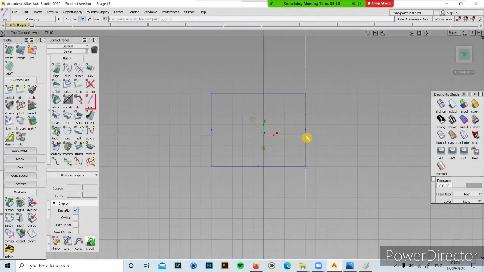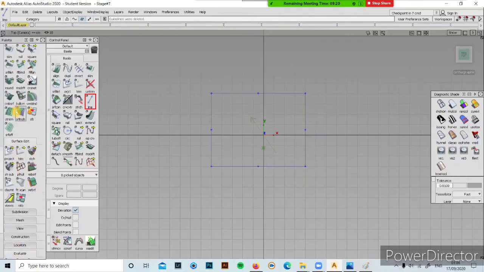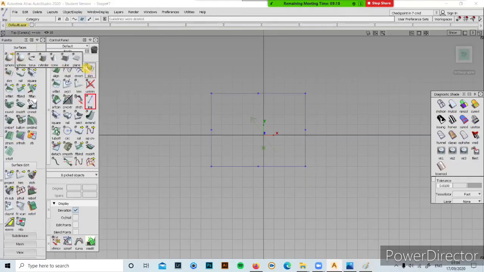Okay, so I have drawn a rectangle, but I need to put a patch for this, like a surface. You might think that in the primitives you have a plane. I'll put a plane, scale it, project it, and make it into a patch. It's a really long way. You need to make a plane, project it, delete it, and trim it. So instead of that, I'll give you a single tool. It's called square.